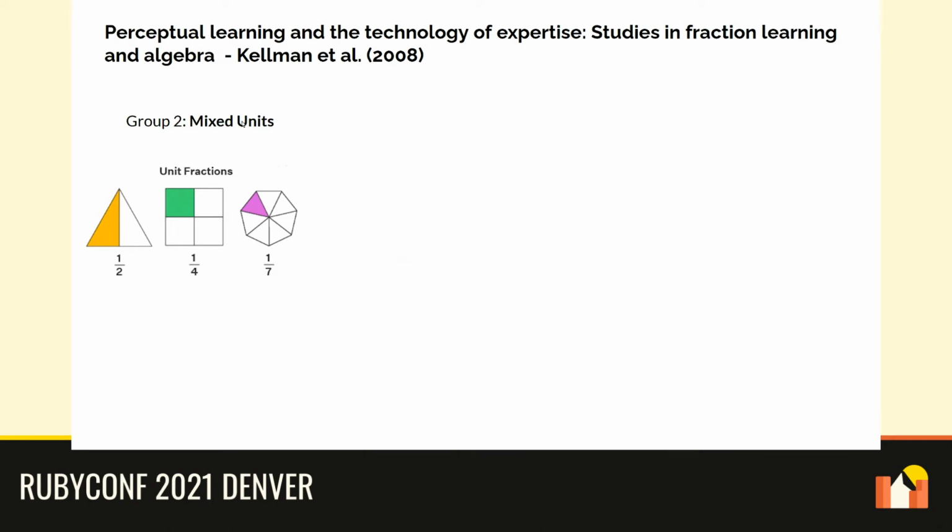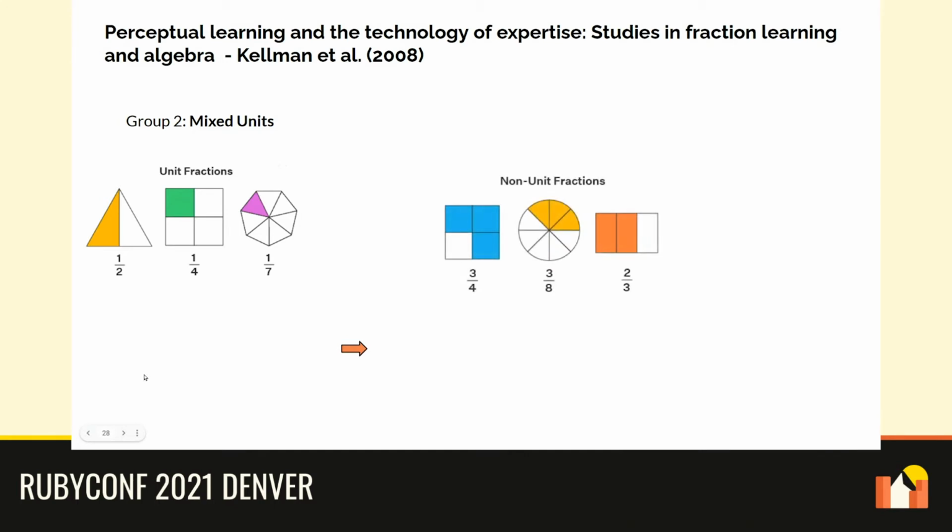The second group was the mixed unit group. After the unit fractions lessons, they immediately had lessons on non-unit fractions, and then they had a training on both unit and non-unit fractions using perceptual learning training. So they had both easier and more complex examples of fractions, and then they were just trained with PL